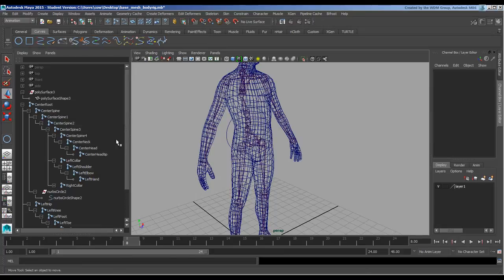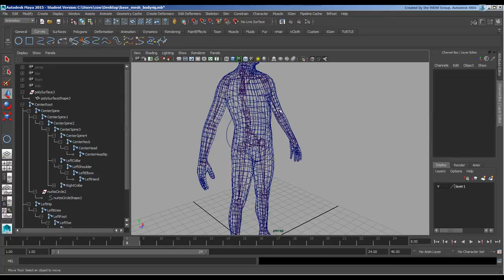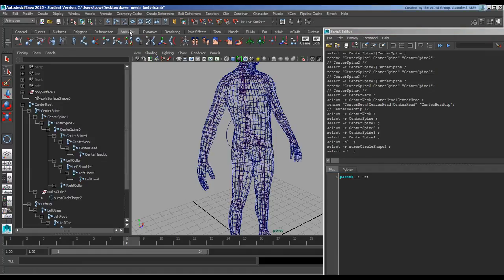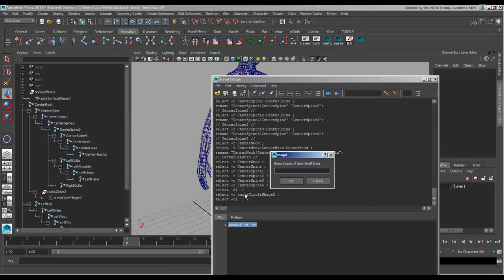And I'm going to do a shape parent. So I want to go from this guy to the center spine. What I'm going to do is I'm going to create a quick little script. And when I say quick little script, I mean really quick. I'm just going to write parent -s -r semicolon. That's it. Nothing more, nothing less. And since I'm going to be using it again and again, I'm just going to take that, save it to my animation shelf, and I will save script to shelf, parent S,